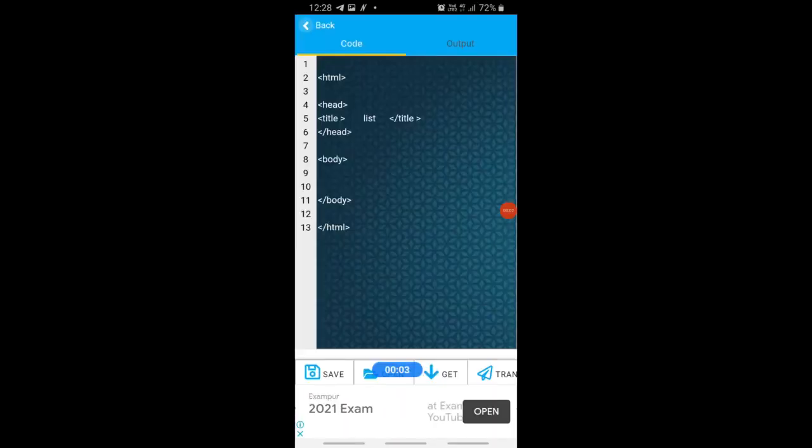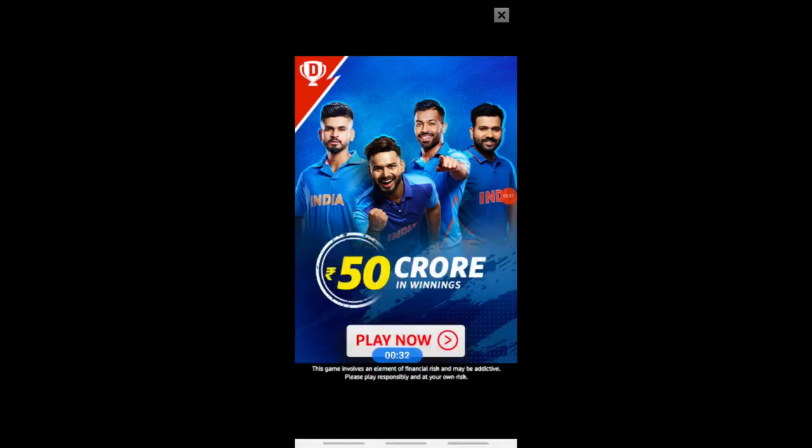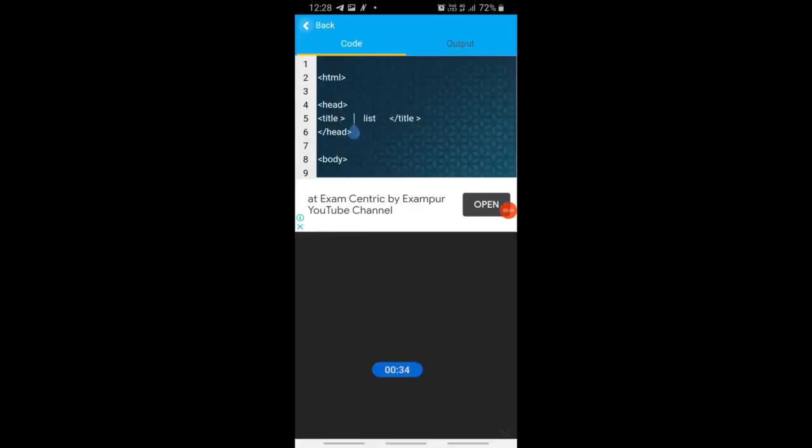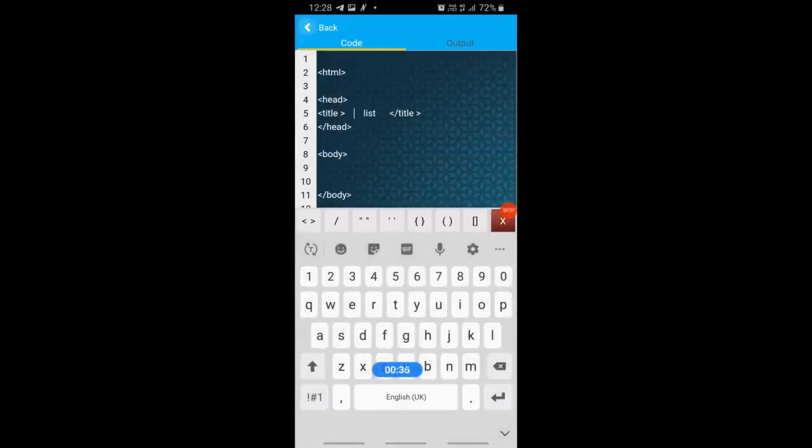Okay, so as you know HTML is a practical subject. So now here I'm going to show you. The first thing is a list. How you can prepare a list. According to the chapter, 4 types of list are there. First, ordered list. Second, unordered list. Third, definition list. And fourth is a nested list. So first I'm going to present here the ordered list.